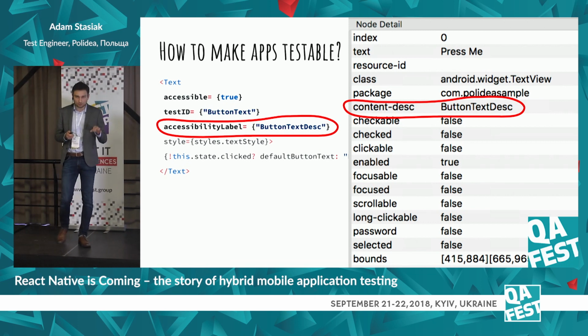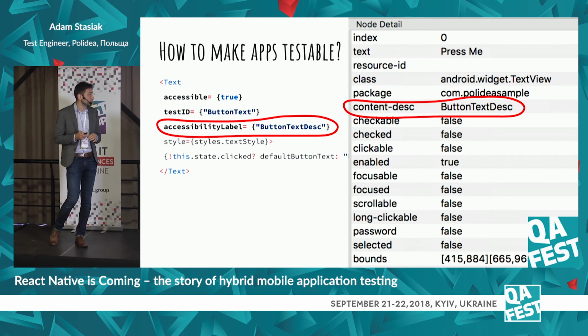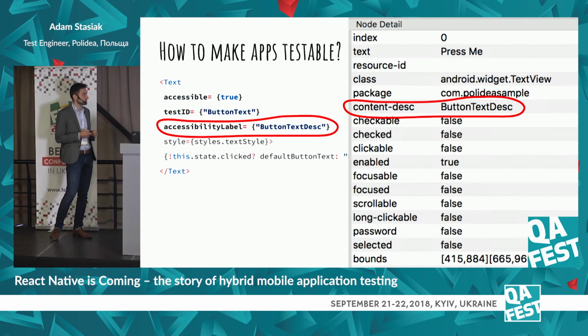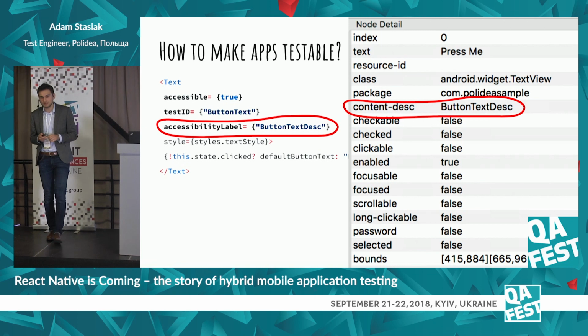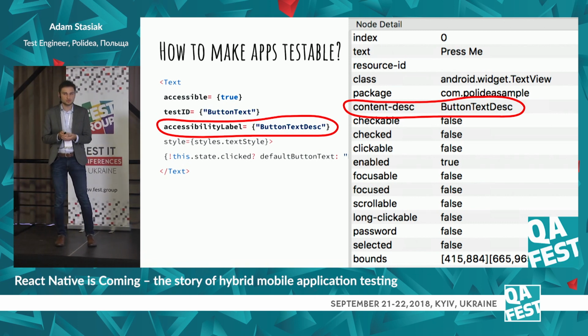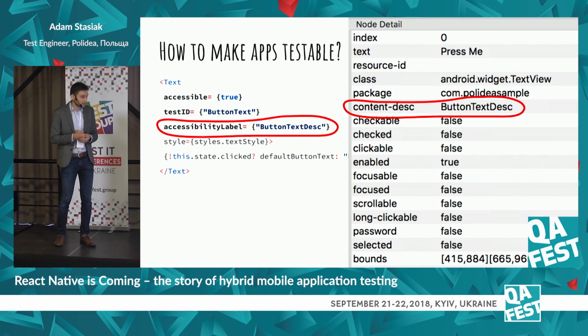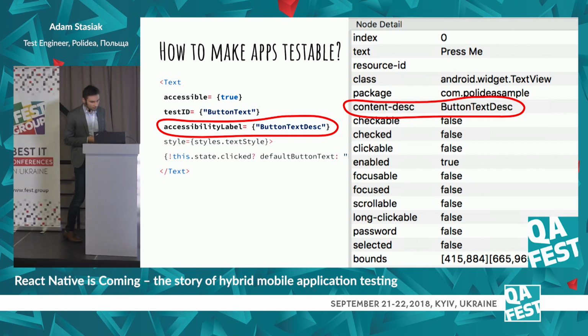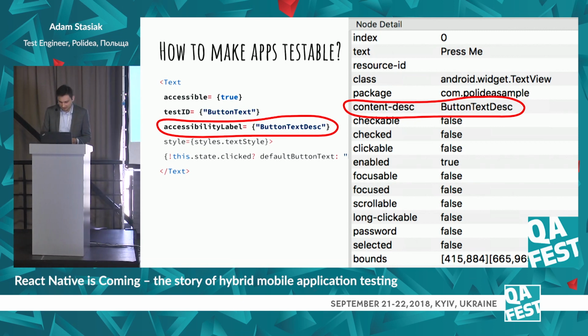You can see that the resource ID field is empty, and that's a limitation of React Native. We cannot set this, and it's a poor thing because in native test automation, I mean in Espresso, we usually use this selector for accessing element views. Now, I prepared some slides about the code we have to write, but I think it's better to just dive